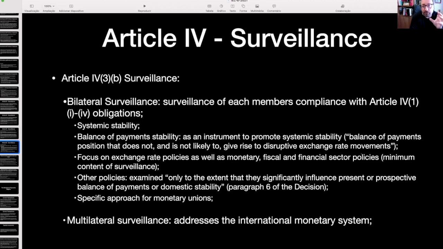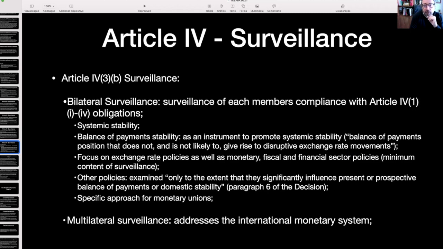Now, when we talk about fiscal policies, in Portugal, for instance, we tend to think of tax revenue. That is to say, policies relating to the revenue side of the budget. Now, in English, fiscal policy is much broader, and it includes both the receipts on the side of taxation, together with spending. So when we talk about fiscal policy, we're also looking at public spending, and how that public spending